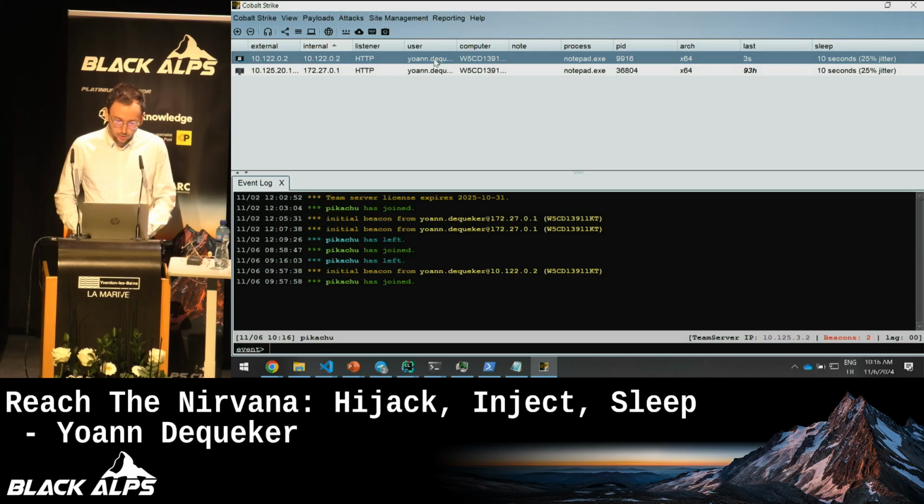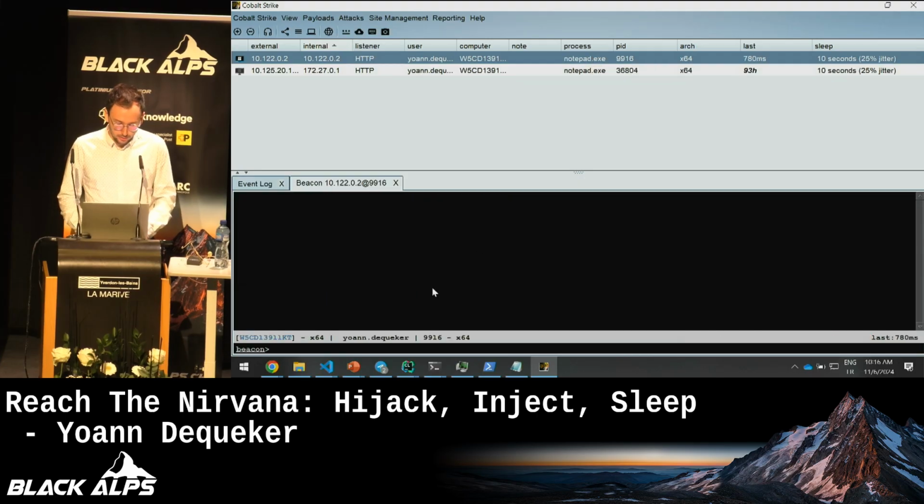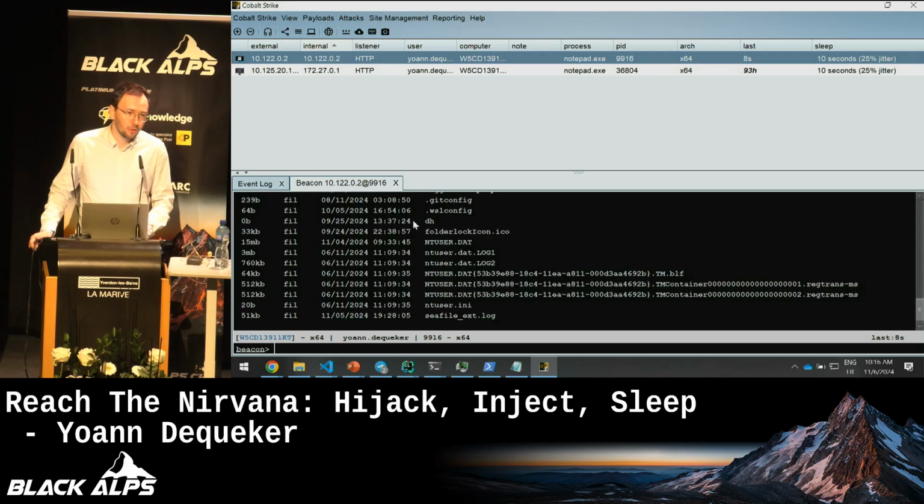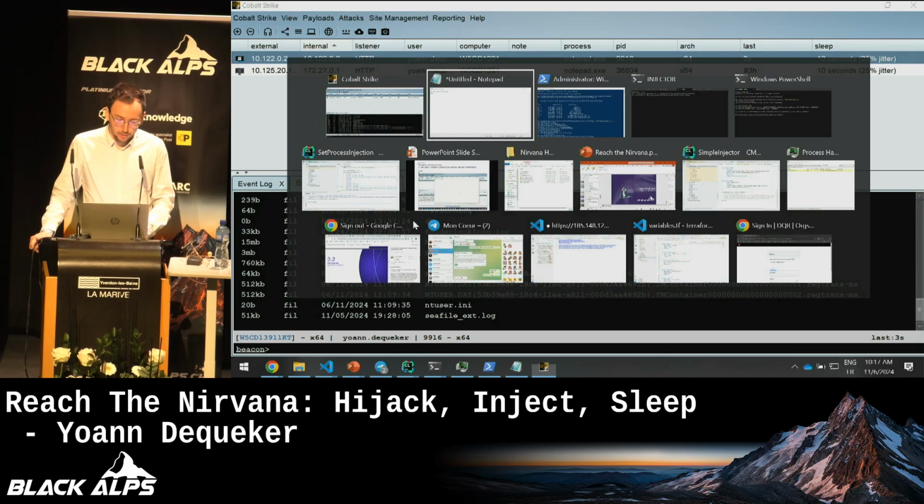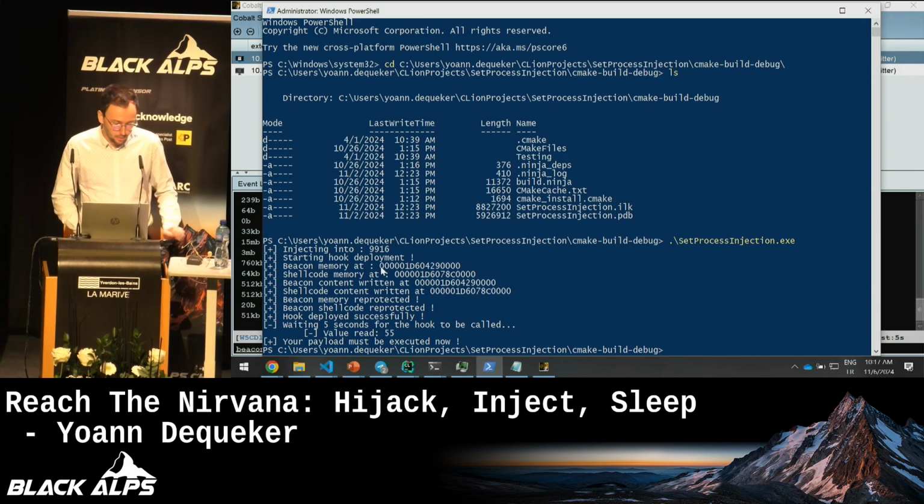Yep. In your Cobalt Strike, you have your new beacon executed in notepad.exe, and this beacon is fully working. And you didn't have to create a new thread in the process; it did it by itself, and your beacon is working. So if we look here, what happened is that we are opening our process, we are deploying the hook